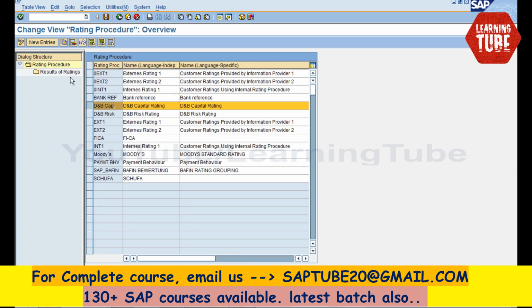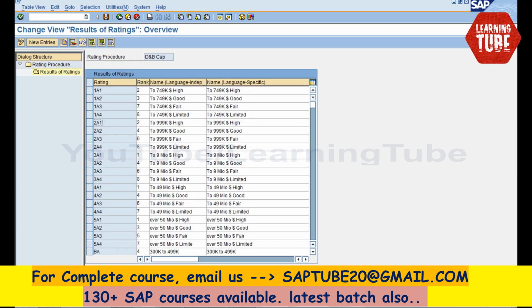And some of the businesses, when they go for implementation, they'll ask you, can you give some standards? These are some of the standards. Okay, so ranking, you see that 1, if it is 1, 9 million to 9 million, 99,000 to 999,000. If it is 7, 49 million to 49 million, it is really definable, but business would like to know how you want to define the rating. This is how you do rating. Good, high, good, limited, free. So these are all